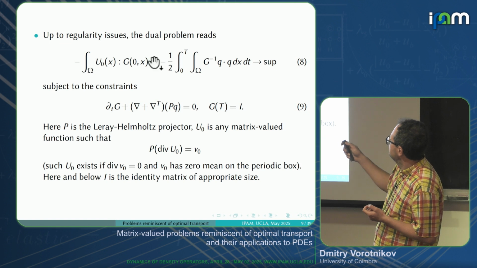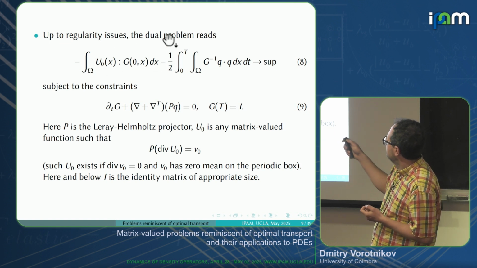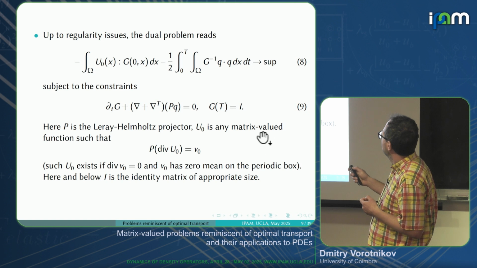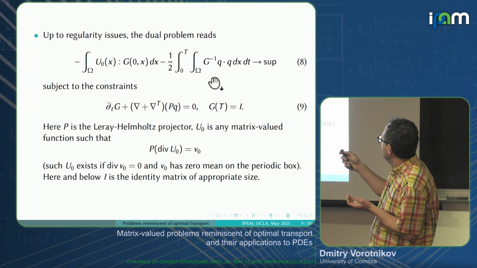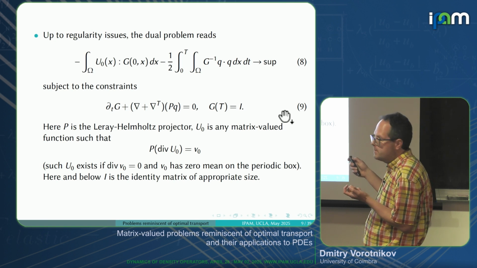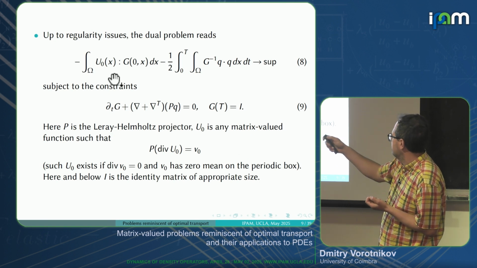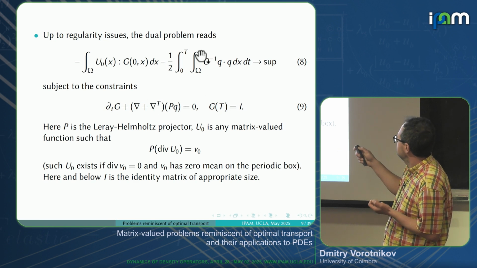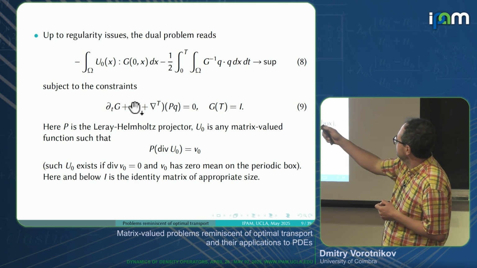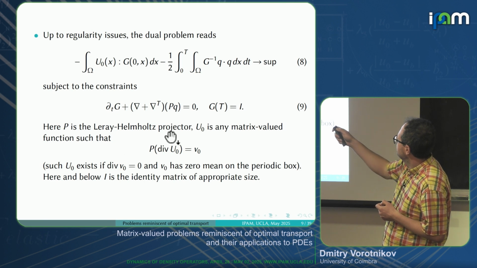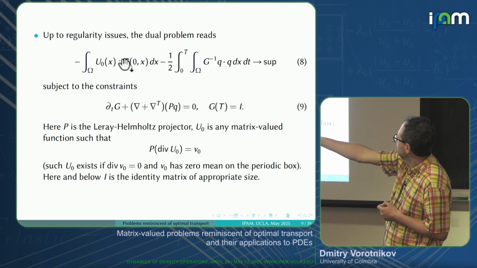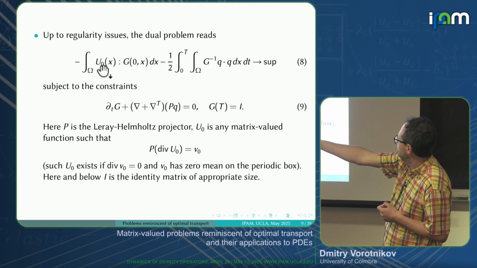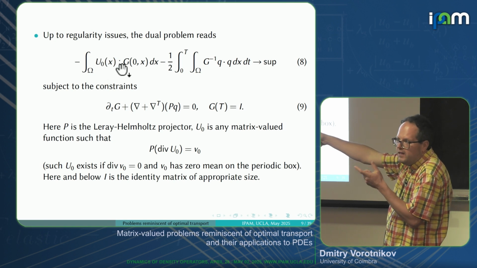But you have this term on the left, which is exactly as is in the ballistic style problem. So this is like matrix valued transport in some sense, with this generalized transport relation and with matrix valued densities. And also you have this term which comes from the initial datum. So in some sense, this initial datum generates this velocity field on the manifold, and there is no